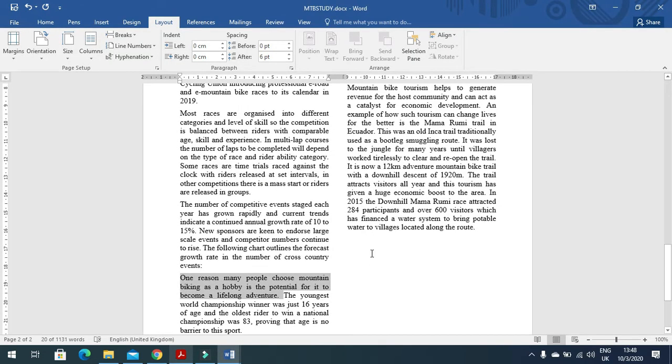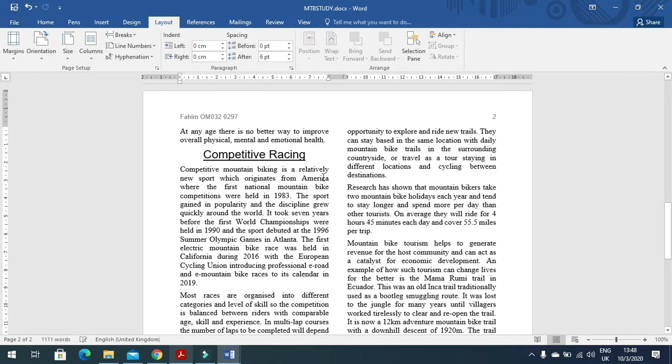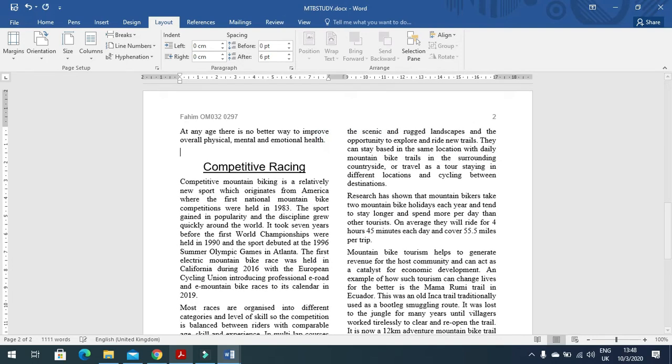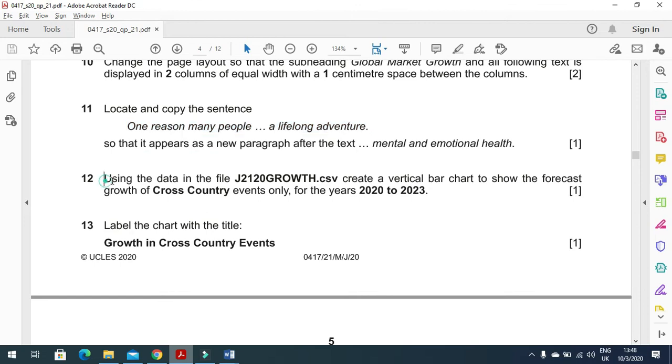So let me cut this from here, just here, a new paragraph, so like that. And then next point is using the data in the file j2120growth.csv, create a vertical bar graph. So we'll